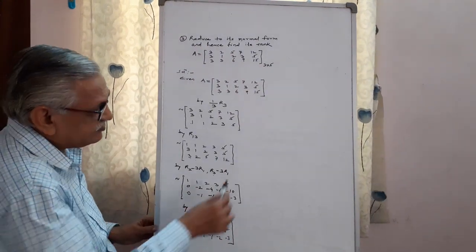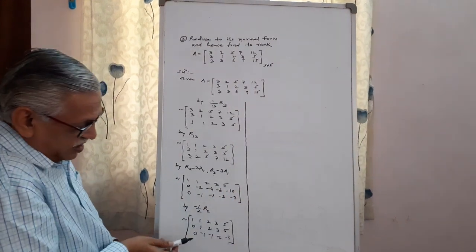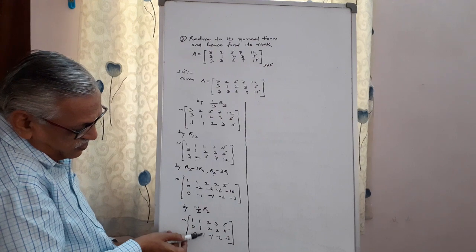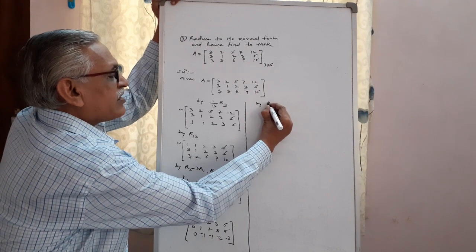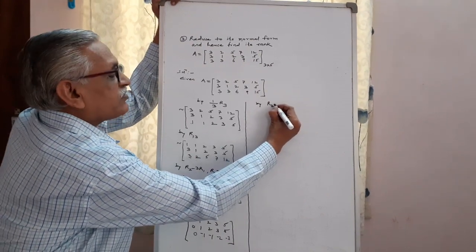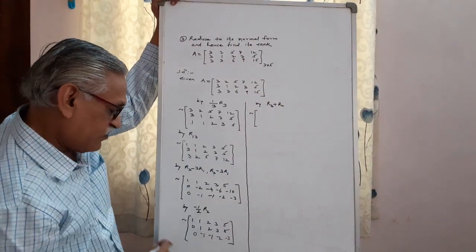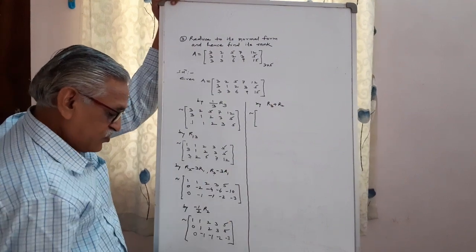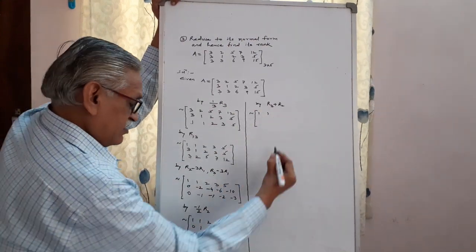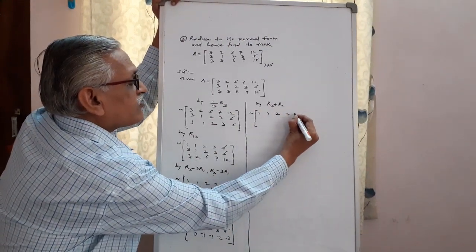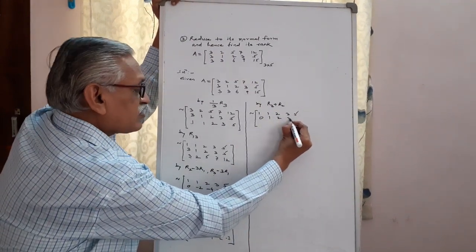Then, using this one, we convert this to 0 by applying the transformation R3 plus R2. Therefore, when we apply this, the first two rows have no change: 1 1 1 1 2 3 5, then 0 1 2 3 5,